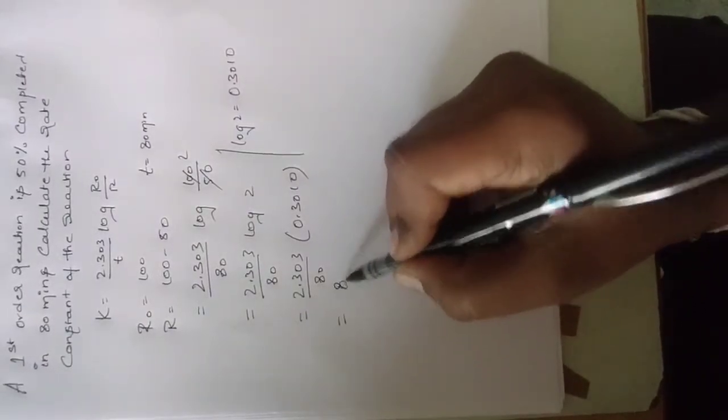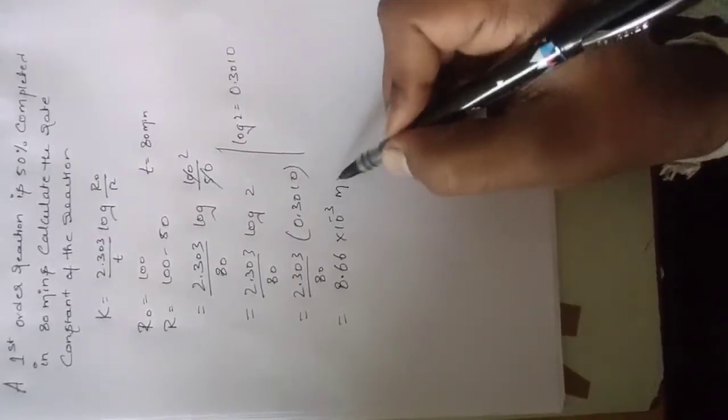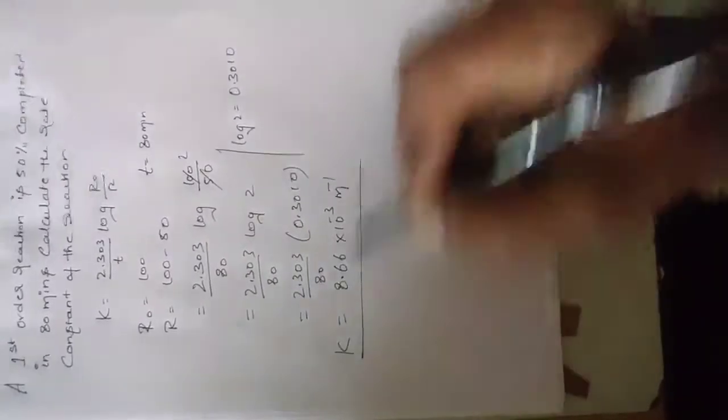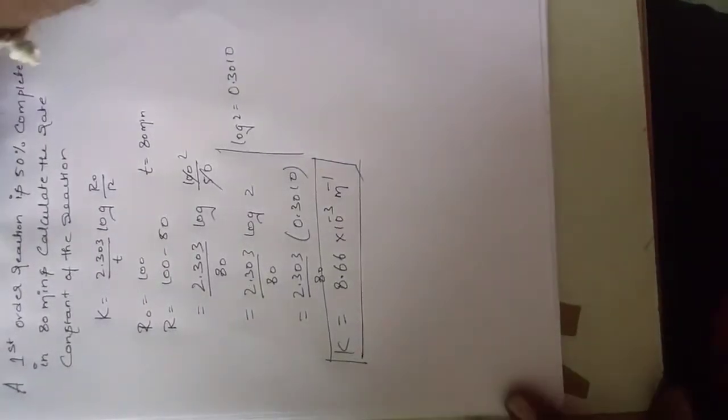It is 8.66 into 10 to the power of minus 3 per minute. This is the value. Okay. Next, we are going to discuss